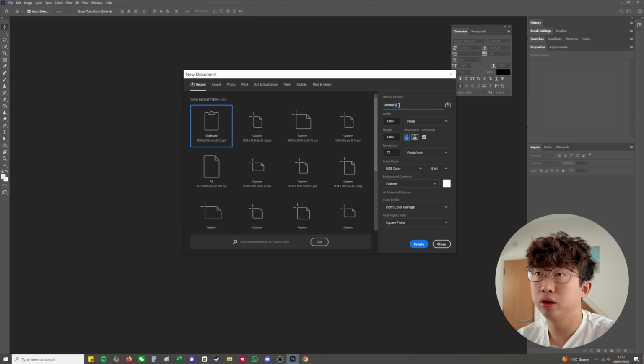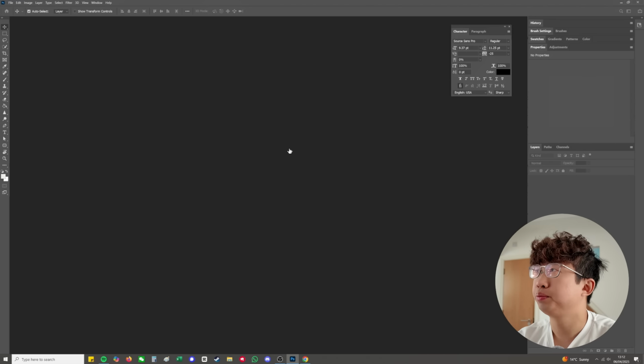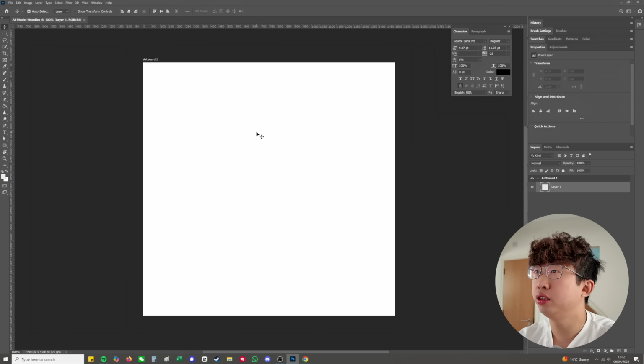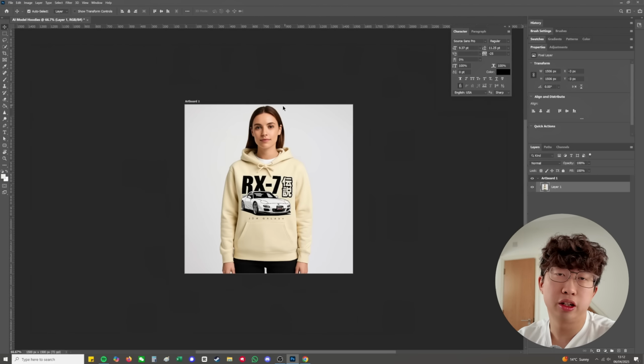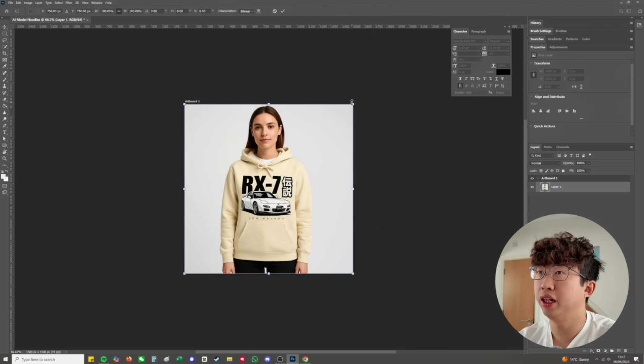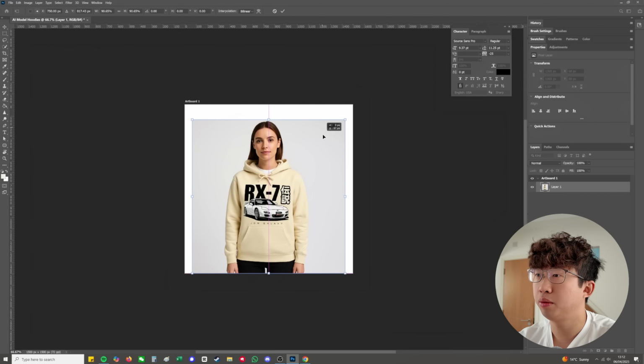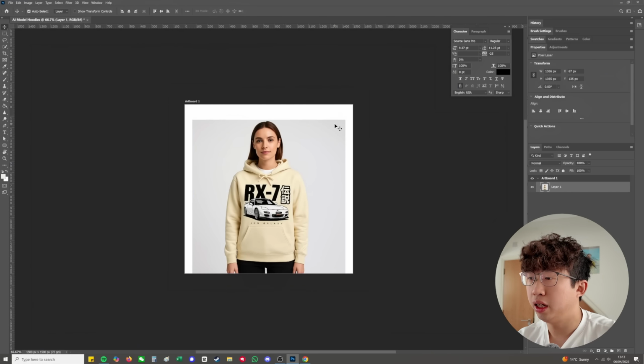Select artboard, AI model hoodies, and then create. So once we create this board, put our image in, resize it up. Now let's just say you want to add more space above the head. What we can do is shrink it, bring it down, and then I want to use M or this tool here,